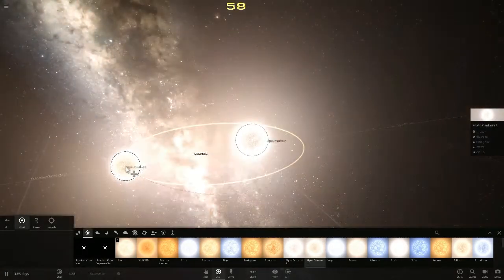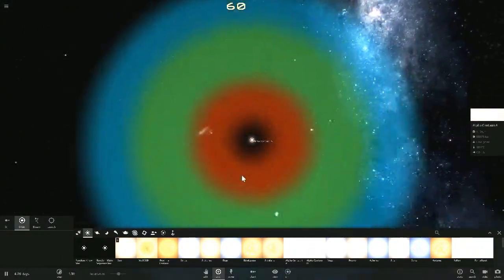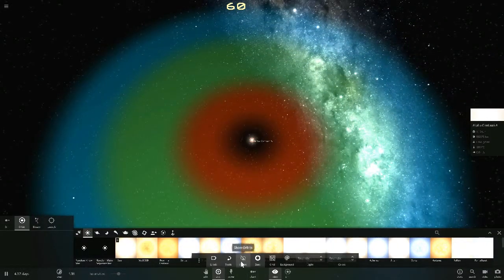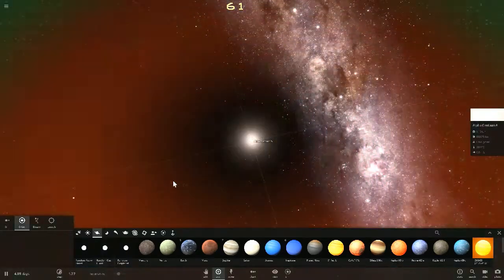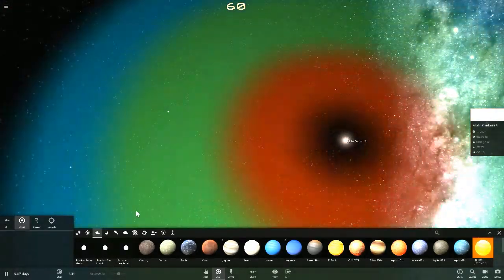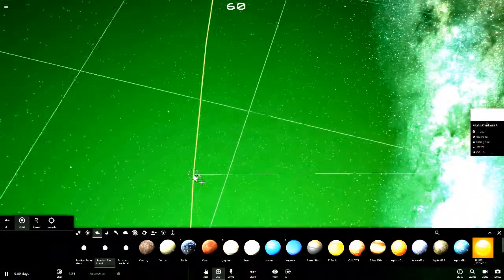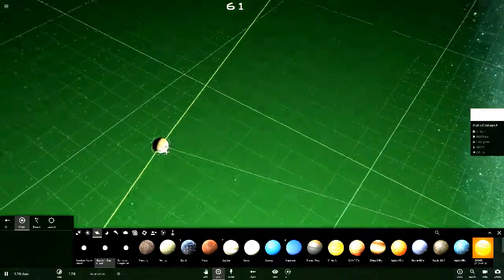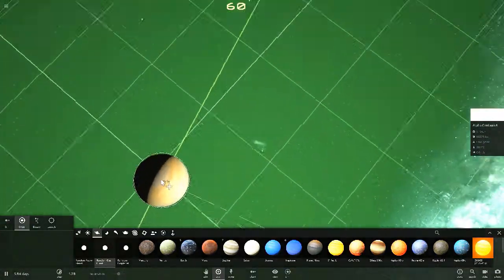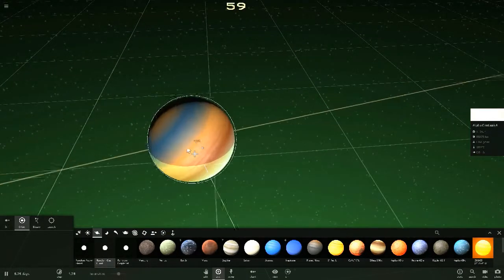I'm not going to put Alpha Centauri B in because it's going to be too difficult to put the planets in. So what I really want to do is, now, I'm going to try and get